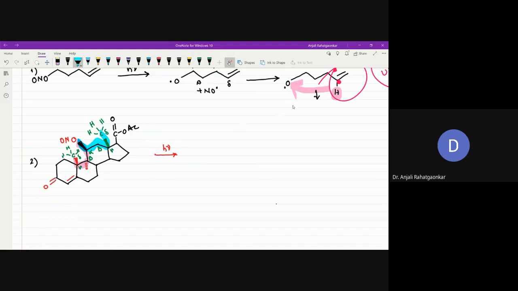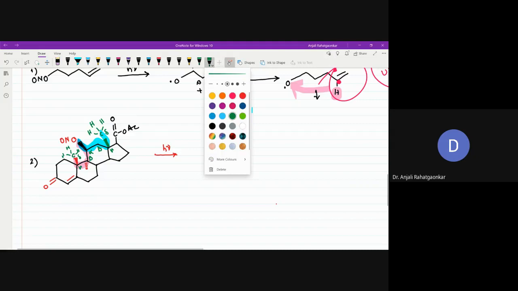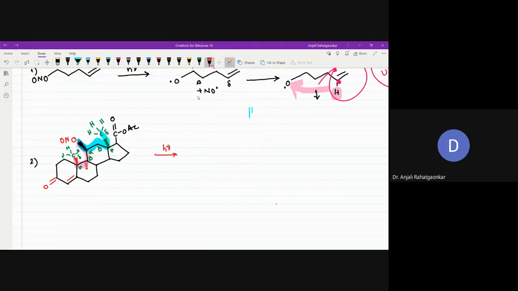So here is another basic fundamental of chemistry: hydrogen will be abstracted. दिख रहा है ना? मेरा हैंडराइटिंग दिख रहा है सबको? Yes, ma'am. Okay, so H will be abstracted from that site,